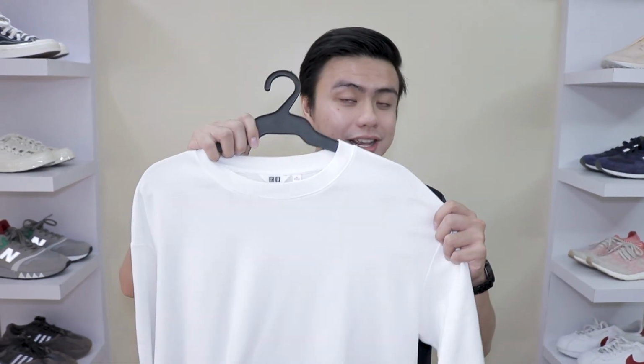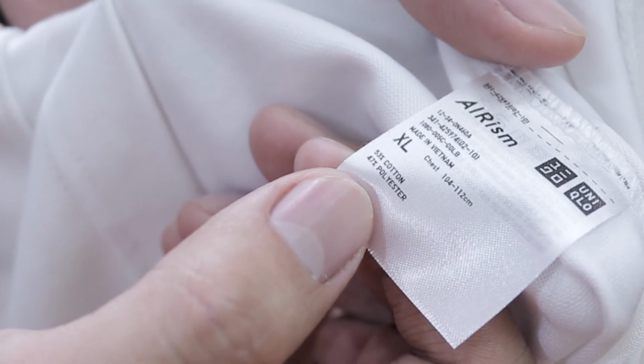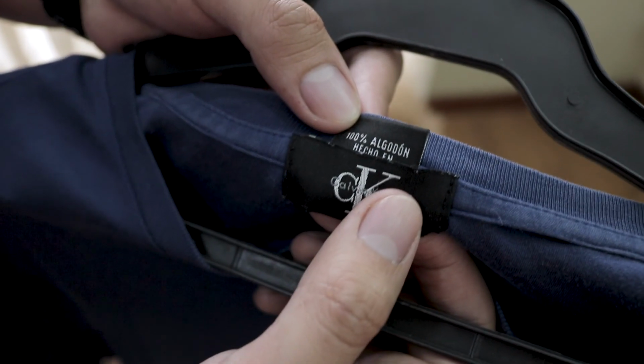1. Uniqlo's Airism. Airism offers 50% cotton and 47% polyester. Calvin Klein offers 100% polyester. Algodon means polyester in Latin. And this Adidas is offered in 100% polyester. To style the shirt,